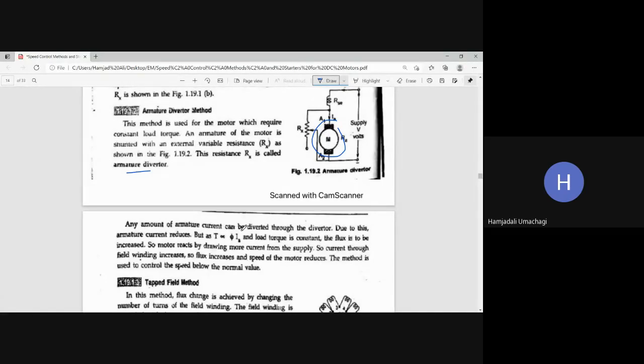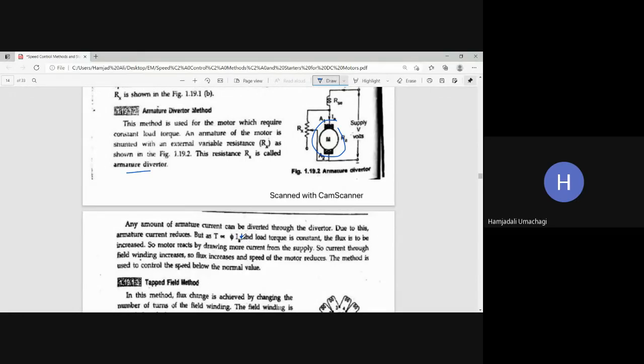Any amount of armature current can be diverted through the diverter. Due to this, armature current reduces. But as torque is directly proportional to phi into Ia and load torque is constant, the flux is also increased. So here in this case, load torque is constant, and if Ia is decreasing because of this diverter, then automatically